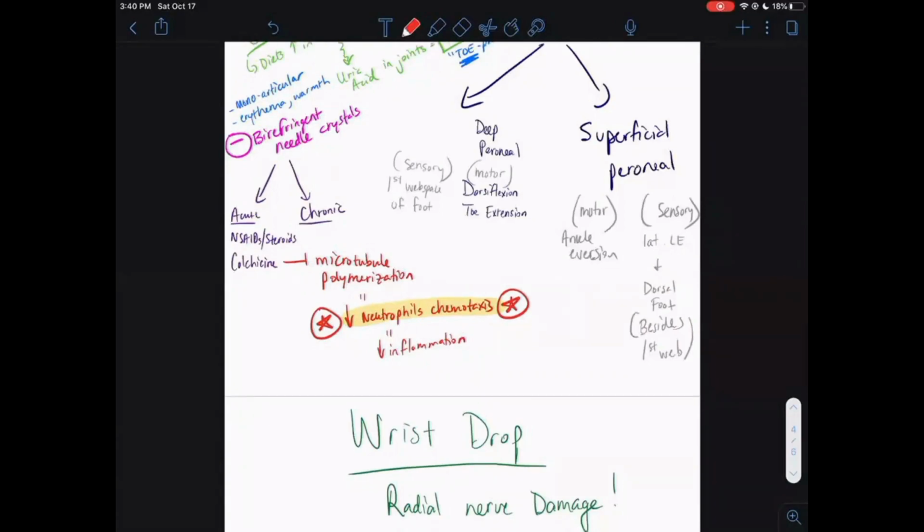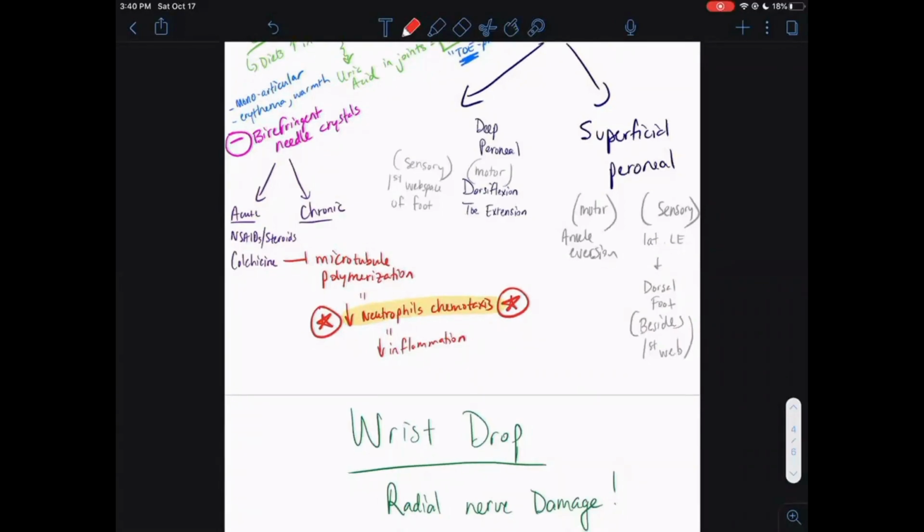But the difference between gout and septic arthritis is that septic arthritis is going to have a higher amount of neutrophils. And of course, you can have a gram stain for some kind of bacteria as well, which would not be present with gout. But the neutrophils are going to be way higher with septic arthritis. So you're looking for neutrophils over like 50,000 if it's going to be septic arthritis. Okay, so if it's gout, it's going to be less than 50,000, but it's going to be neutrophil predominant because the neutrophils come in here and try to engulf all of that uric acid. And they can't, and they basically degranulate and cause even more inflammation.